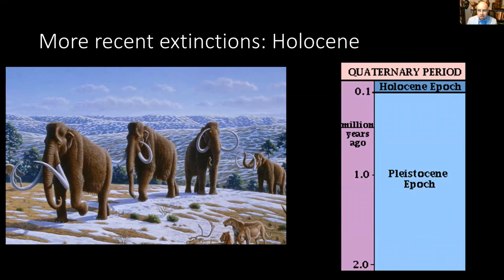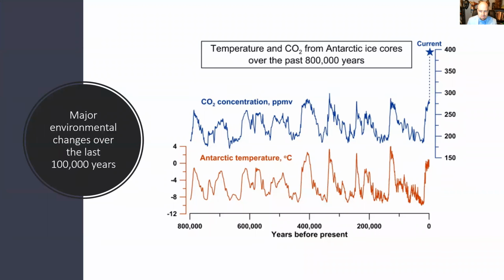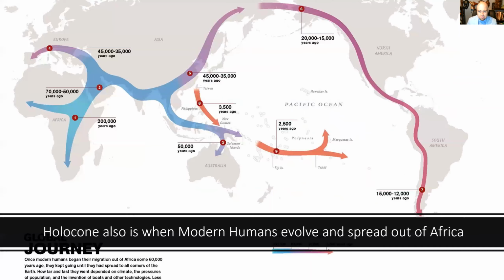The extinctions we want to talk about today, though, are the more recent Holocene extinctions that happened within the last 100,000 years or so. At the beginning of the Holocene, we're talking about a period where temperatures were significantly colder than they are today. There are several peaks and troughs in terms of the ice age. The environment was cooler, more arid overall than it is today, and there were lots more grasslands over larger areas and smaller forests and such. So the environment was significantly different in this time period.